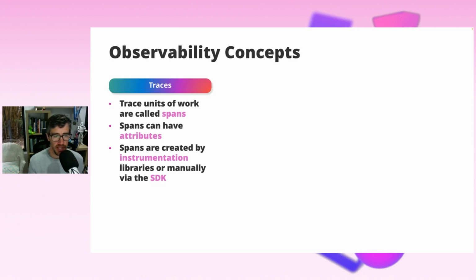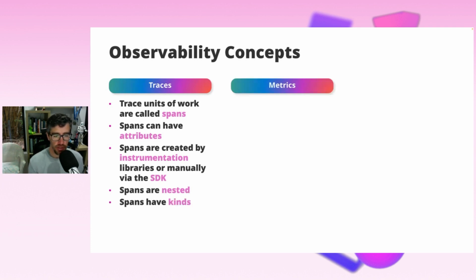They're typically created by instrumentation libraries, or you can manually make your own. So if you want to create a span based on some custom code or logic in your app, you can do that. Or if you're using one of the instrumentation libraries, it would create the spans for you. Spans are nested. So, like I mentioned, if a user clicks a button, then that makes an API call, for example. The API call itself would be a span, but it belongs to the original call. And spans have kinds. So you can separate user initiated requests or queries versus things like automated system commands in the back end.